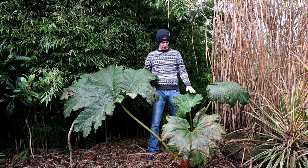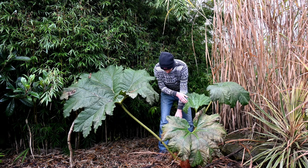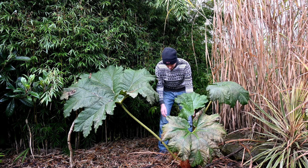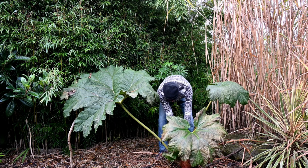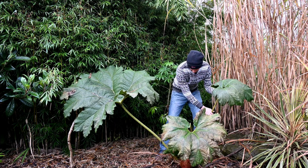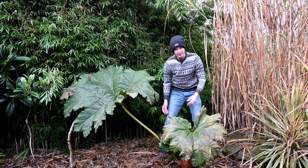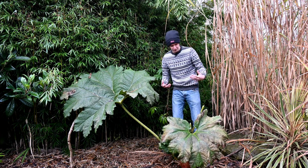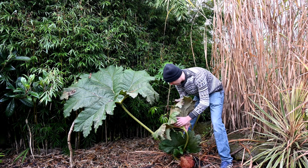But back to putting this to bed, all you need to do is protect the crown, which is down here. And all we do is bend over the leaves. We'll snap them and they'll go over like this. It doesn't matter that you're losing this year's leaves because they're going to blacken off with the frost anyway, and they'll grow lots of new leaves